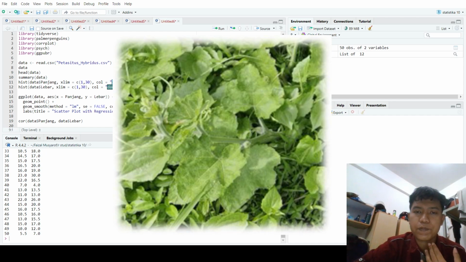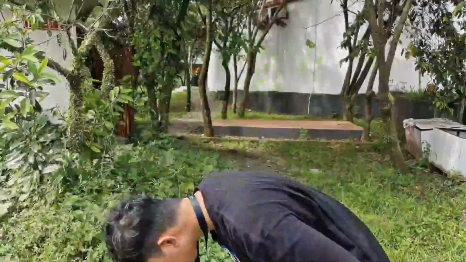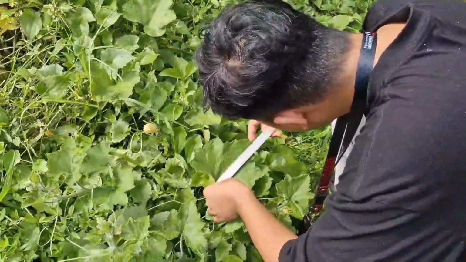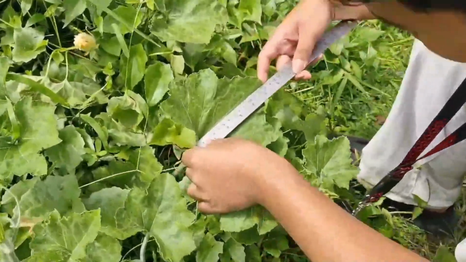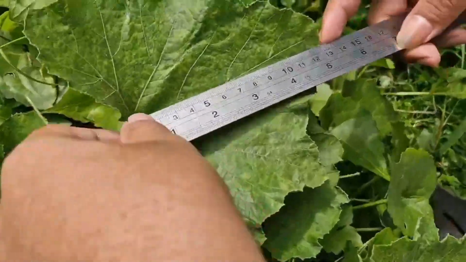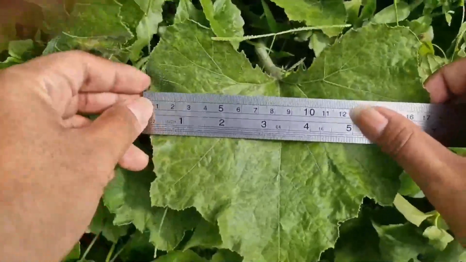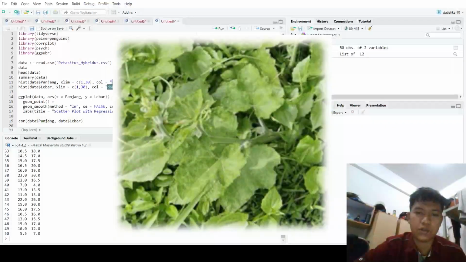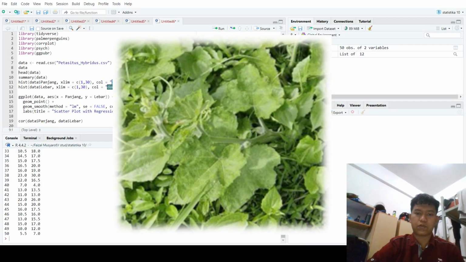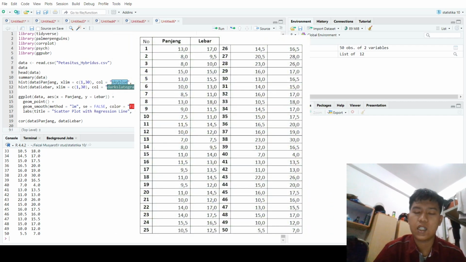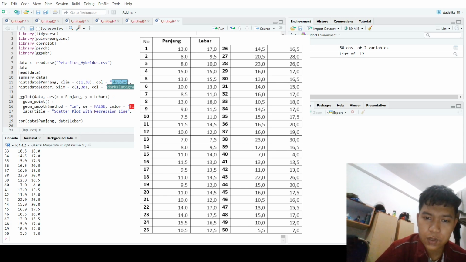How do I collect the data? Here's the video. So first I measure the length of the leaves, and then I measure the width of the leaf, and then I collect it into the data. So first, this is our data. We have 15 data here,